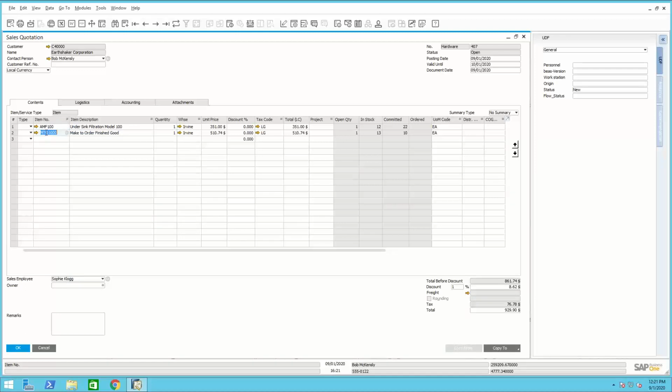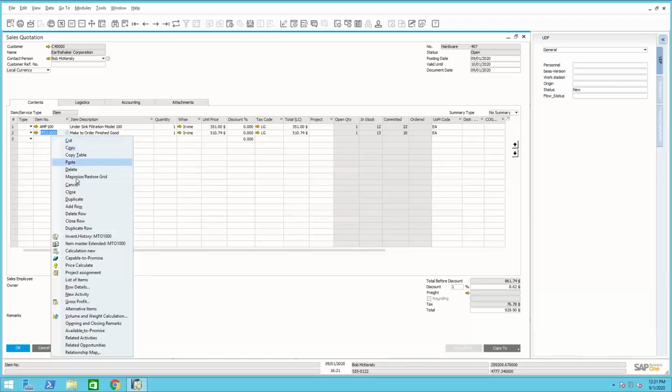Now this item here, the second item, MTO, this is a make to order item. And if I right mouse click on this item, then I'm going to have even more capabilities that are very unique to a make to order environment. One of those is a